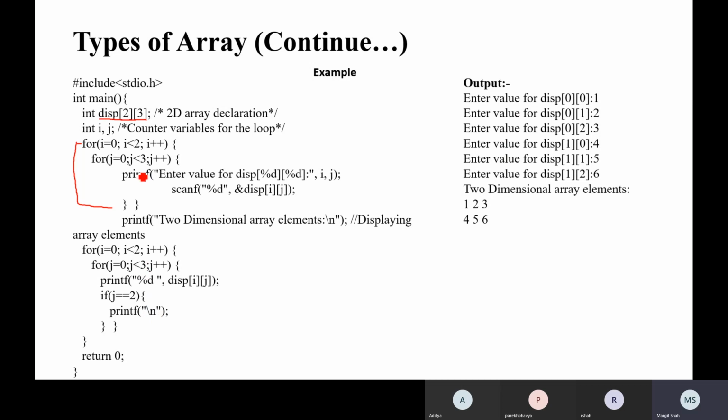The reason is we know that there are two rows, right? It should be j equal to 2, that means we are on column number 3, right? 0 to 2, so column number 3. Once we reach this, after printing this, it will execute and go to the next line. Instead, we can write the same after completion of this for loop, we can use this printf directly and print the new line.